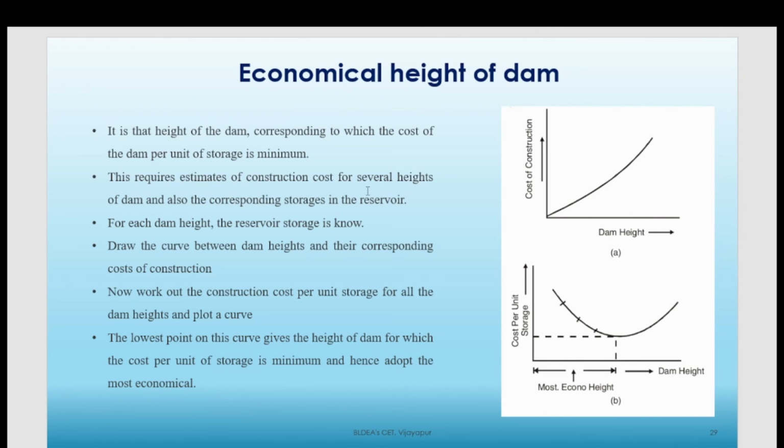Now, this curve is plotted after several experiments and an understanding of practical considerations. As you keep increasing the height of the dam, you can see that the cost per storage is reducing. This is because as you increase the height of the dam, the volume of water that is stored is also increasing. But if you increase the height of the dam beyond this point, the stored water is very little. As I explained earlier with the example of your sink, the amount of water that is stored will be less, or comparatively